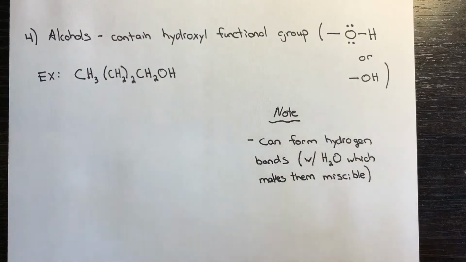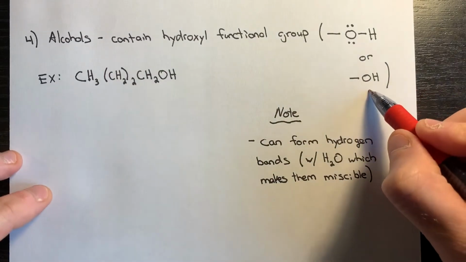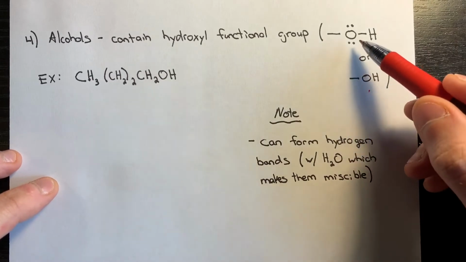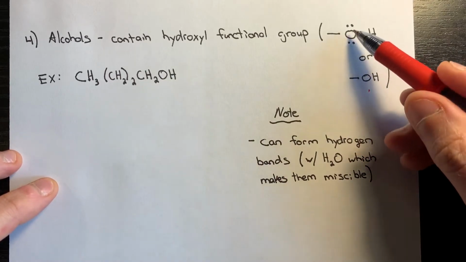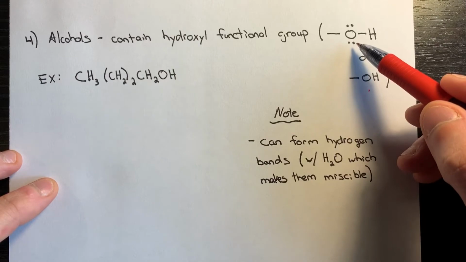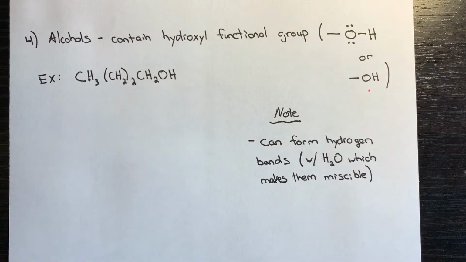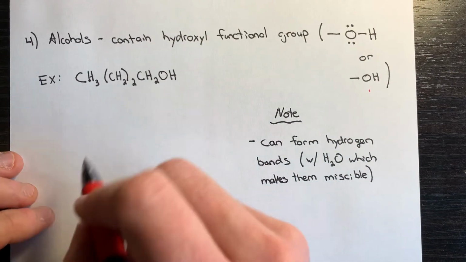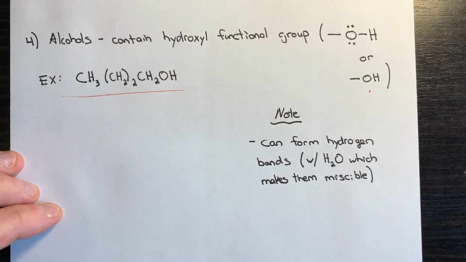And the next a couple will contain oxygens. So alcohols contain the hydroxyl functional group. Oftentimes we'll see it represented like this. Just recall that the oxygen is going to have 2 lone pairs, and subsequently we'd have a bent shape on that oxygen. If I wanted to draw this out really quick, given our condensed structure here,